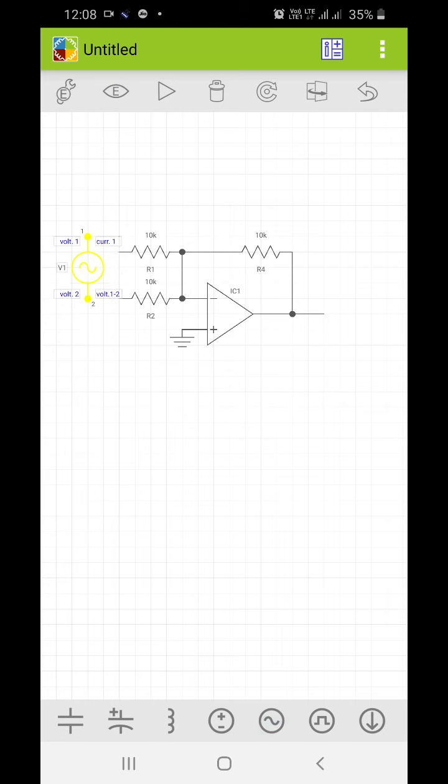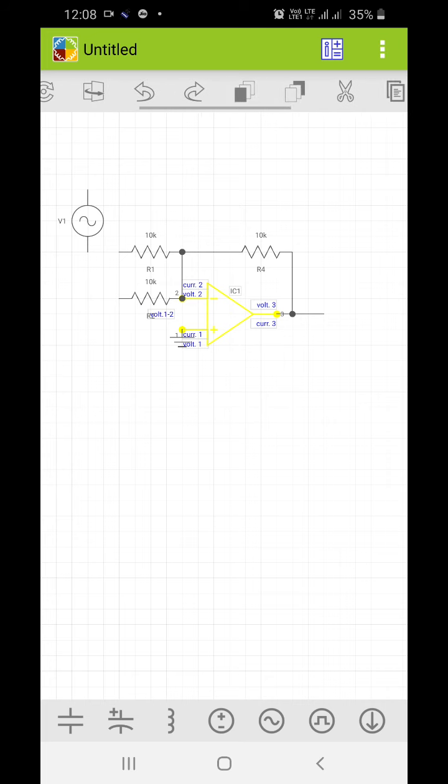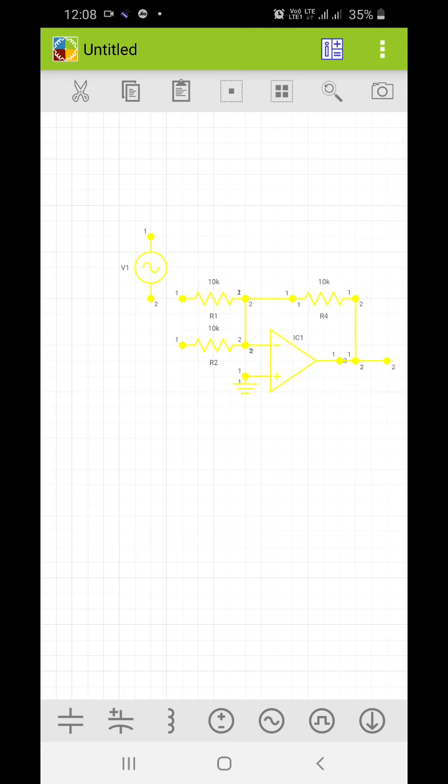Now I will take the voltage sources which I want to add. I will move all these first. I will take DC voltage sources.